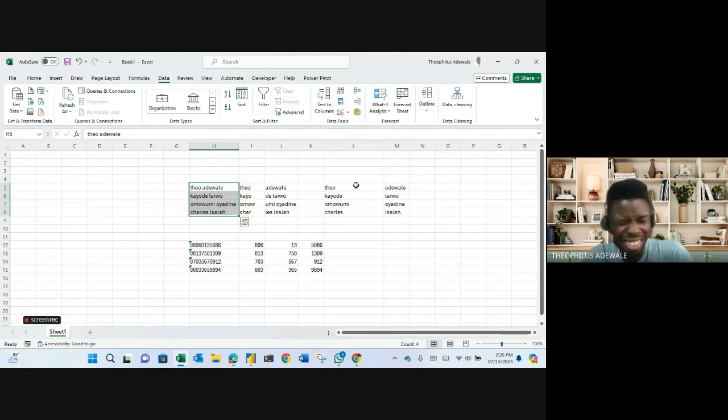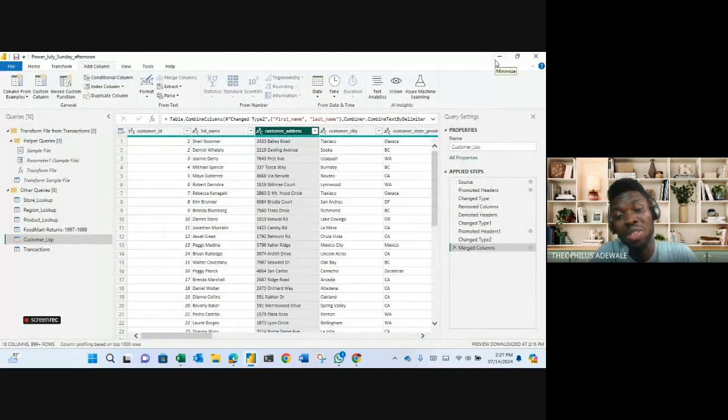Is it clear? Why the difference between delimited and fixed width? When you want to separate something and all of them have the same length, fixed width works. When all of them don't have the same length, you use delimited. So in Power BI now,